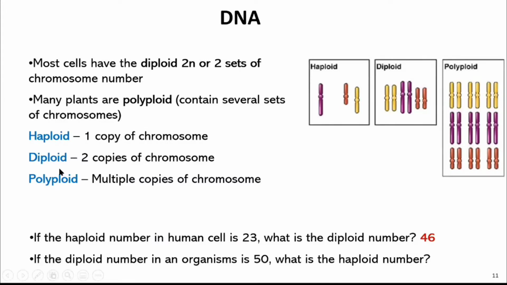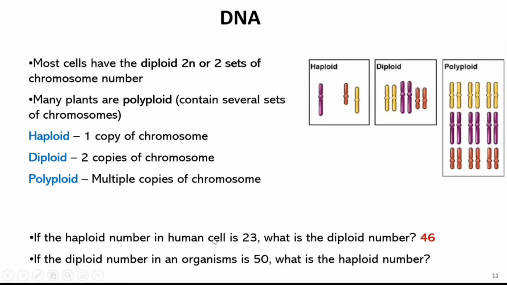So coming to the terminology, this is important again from the quiz standpoint. So I'll keep telling you what is important for you: haploid. Haploid means just 1 copy of chromosome. And diploid means 2 copies of chromosomes. And then there is polyploid, which is multiple copies. And those are shown by the figures in here. So there is a question for you on the bottom. If the haploid number is 23, and then what is the diploid number, which is,